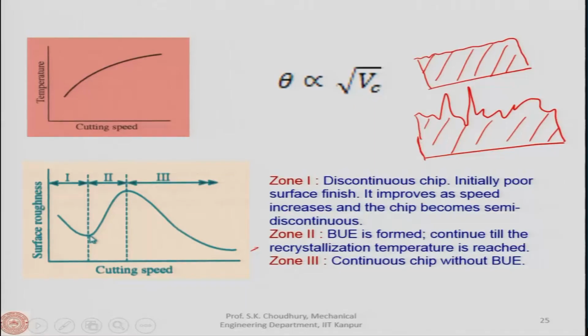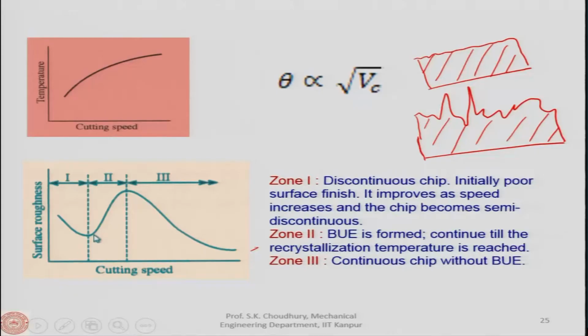Let us say mild steel, I remind you that this is 80 to 110 meter per minute. If it is a mild steel curve, in that case this will be the 80 to 110 meter per minute cutting speed, and then since the built up edge forms, the surface finish will be bad, because again the cutting force fluctuates, then the power fluctuates. As I said, the rake angle changes, and it is a dynamic change in the rake angle as the built up edge piles up and then it breaks.